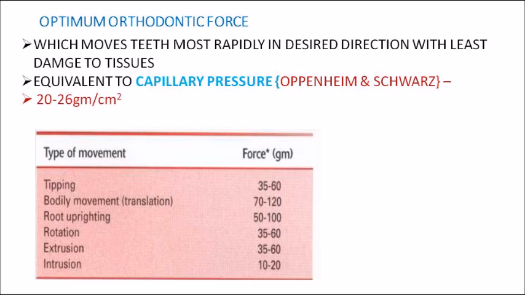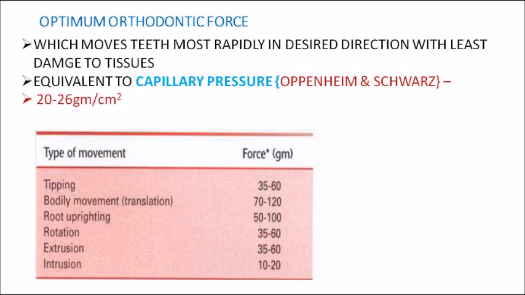So we have seen the different types of tooth movement and also the loading areas on the periodontal ligament when each of these tooth movements is happening. According to the loading area or amount of stress exerted on the periodontal ligament, the optimum orthodontic force for each of these tooth movements varies. Let's see what the optimum orthodontic force is for each. For tipping, it is 35 to 60 grams. Tipping, rotation and extrusion are relatively the easiest tooth movements to achieve, so for these the amount of force is the same, 35 to 60 grams.